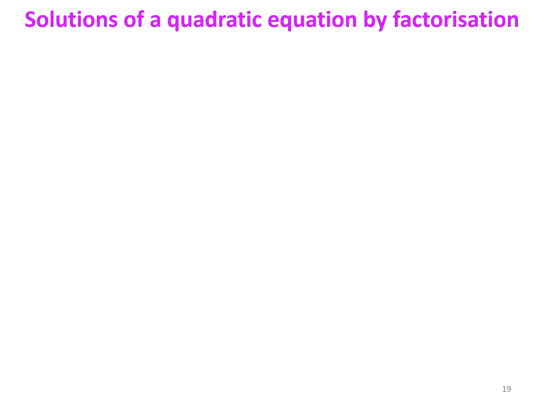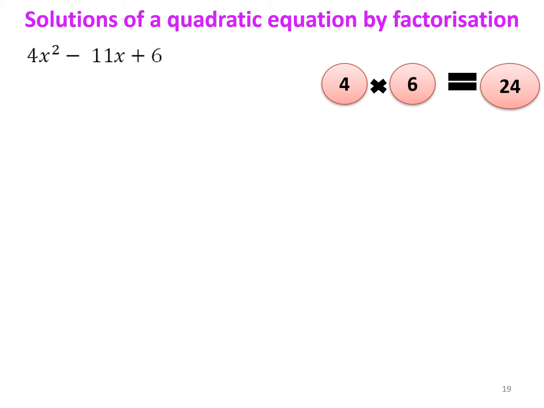Let's move to the next topic. Solution of a quadratic equation by factorization. We have been studying factorization since 8th class. The first equation 4x square minus 11x plus 6. So what do we do? We multiply the first term and the third term, that is 4 into 6 is equal to 24. Now we have to get two numbers. When we multiply, the product is 24, or when we add or subtract, the sum or the difference should be